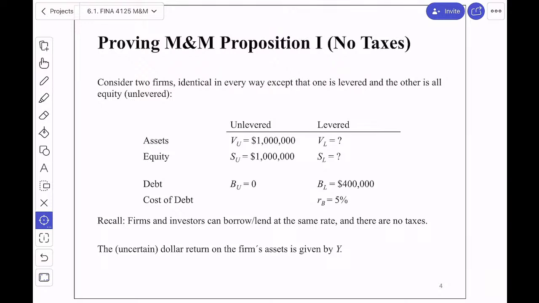So with no taxes, consider these two firms. One with no debt, so the value of the firm is equivalent to shareholder equity, the value of outstanding stock. And we say that these firms are identical in every other way except one is levered and one is not. So my question here is,